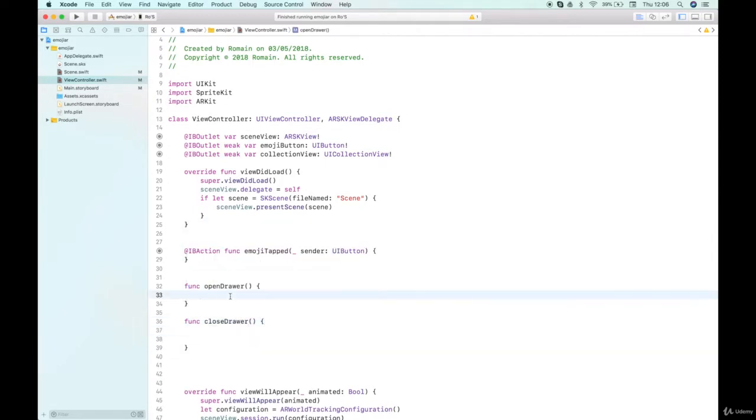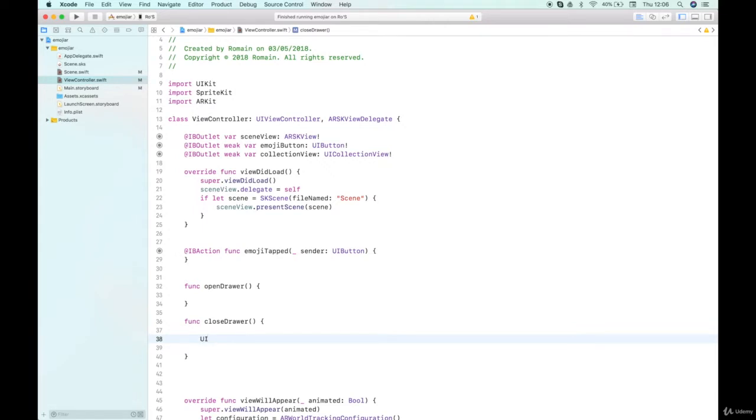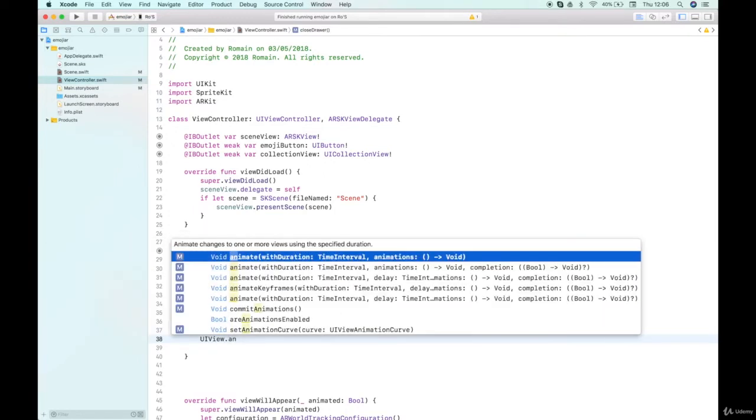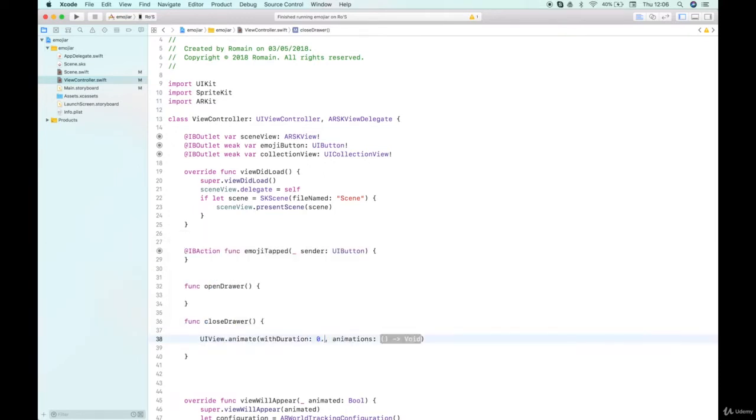Okay, so when we start, the drawer is open, right? And it's got its normal position. So first thing we need to do is to close that drawer. So I'm going to come here and we're going to use a little animation. So if I call UIView.animate, we're going to create a 0.3 second animation that's going to be